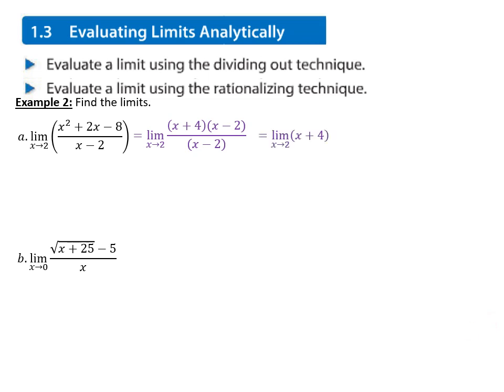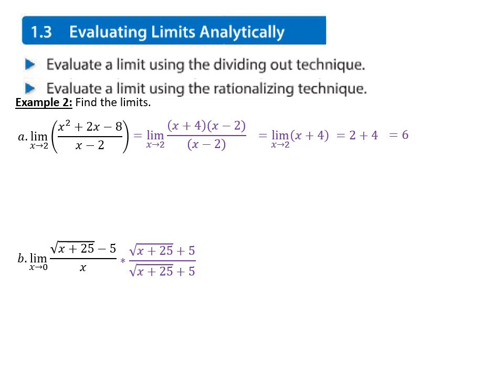And so I've got an equivalent function, limit as x approaches 2. Now I can plug in 2 and we get 6. On the other one, I can't plug in 0 because I will have 0 over 0. But we can rationalize. Well, who's got the radical? The numerator. So the numerator is who we're going to rationalize. So we use that